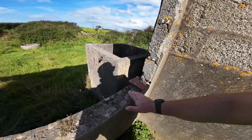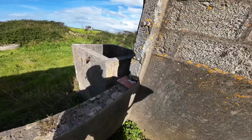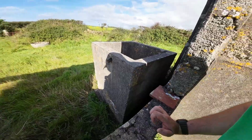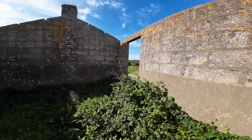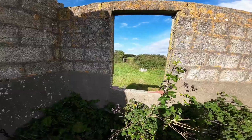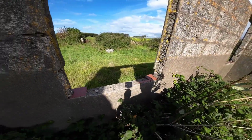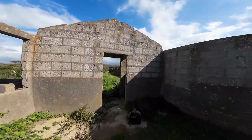Now that is a classic military looking construction. I don't know where the other ones would have been. They've been robbed away, but of course quite warm there. So they've been taken away, probably by the local farmers or whatever. It's hard to say really. So we've got, as we can see, the tiles there. They've obviously been broken, which is a bit of a shame. So then we've got the doorway,